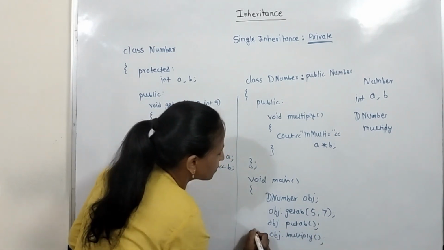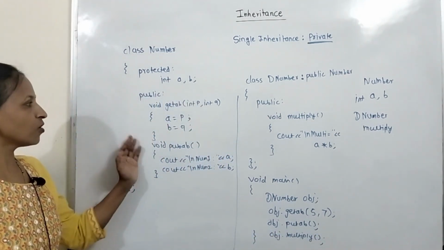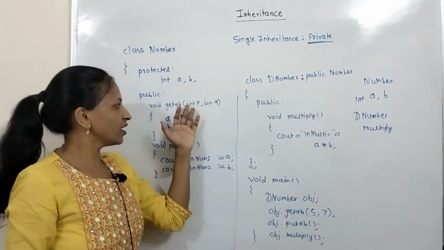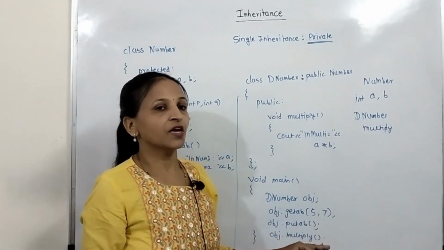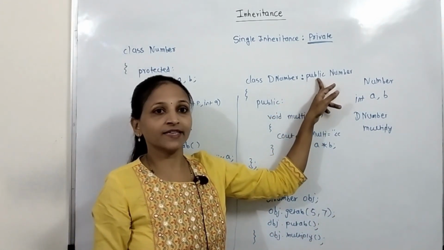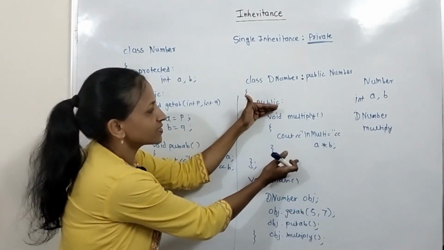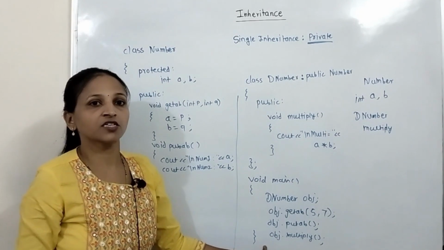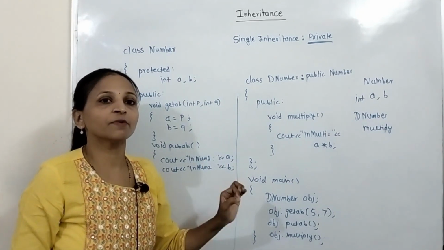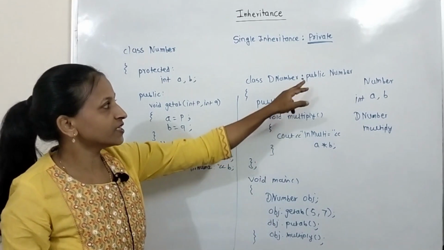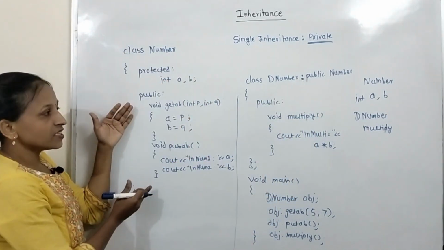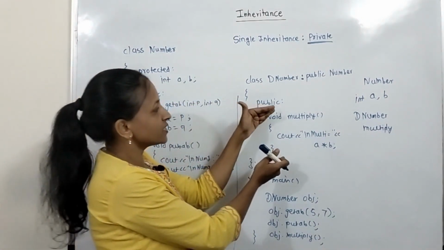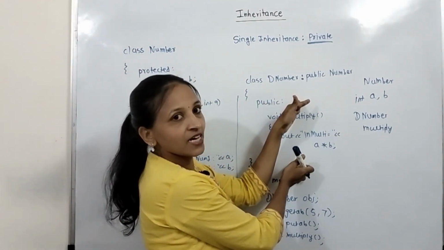See, this object is of type derived, that's why it has all these functionalities. This class I am deriving from Number, that's why everything will come automatically here. And one more point is, this is public, that's why the public section will come inside the public section. That's why we can directly access these member functions. See, only public is accessible outside the class. If this derivation is public, then in that case the public section of the base class will always come inside the public section of the derived class.